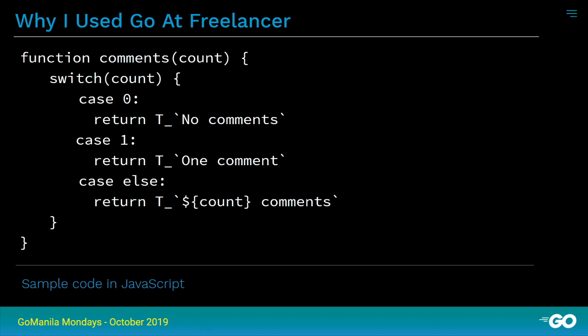In JavaScript, we actually use a function called t underscore to denote any text that needs to be translated. We do it a little bit differently in different languages, but this is how we do it in JavaScript. So basically, we have a piece of software that, using static analysis, would traverse the entire abstract syntax tree, find all the t underscore functions and extract all the text that needs to be translated.